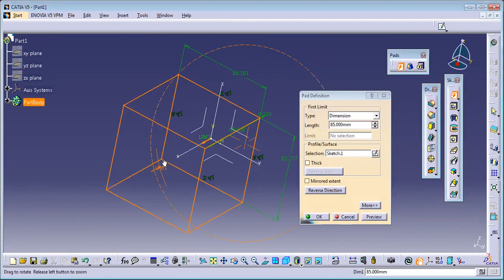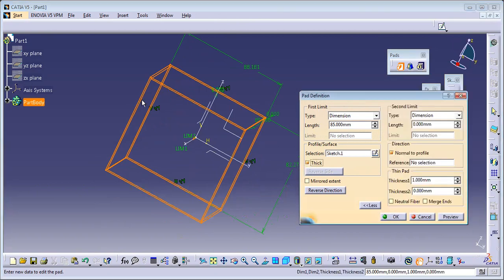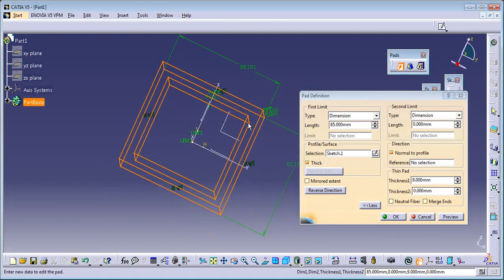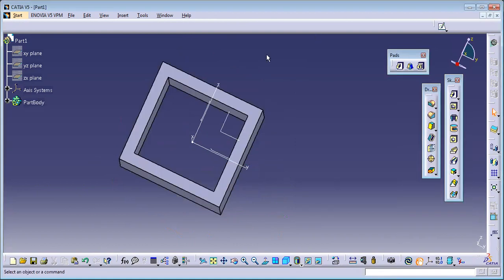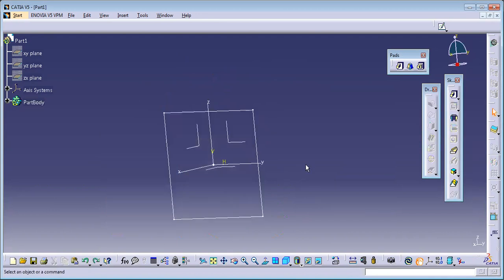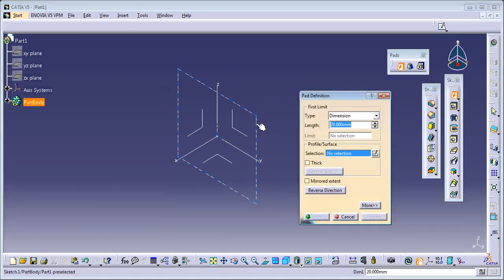So just notice carefully. Once I select this and the thick command is switched on, another outer lining will start here. See, you can notice, right? Another outer lining. That is nothing but the thickness, how much you want. If you assign the thickness, the material will be added only on these walls. So the inner part will become hollow automatically. Got it? Any issues? No, sir. Okay, great.